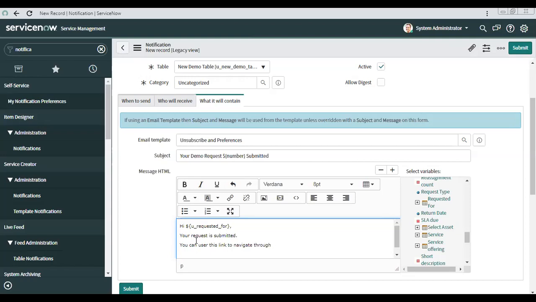Now I just want to put the link of that request so that the user can click and directly navigate to ServiceNow on that ticket itself.